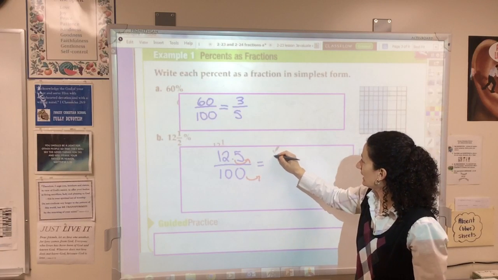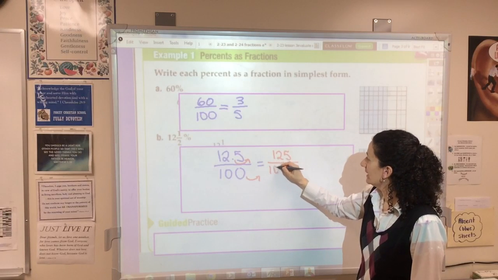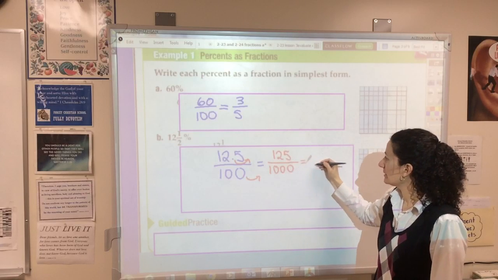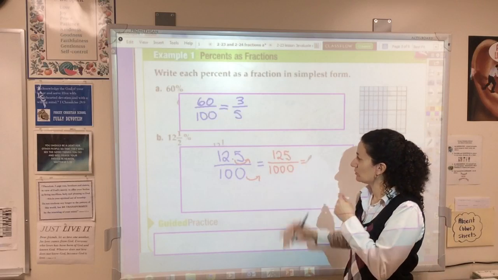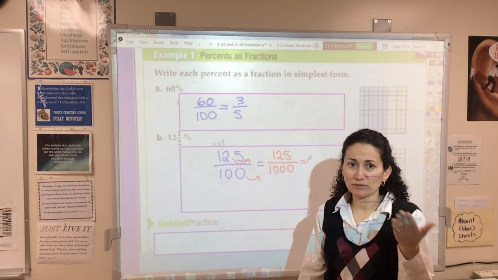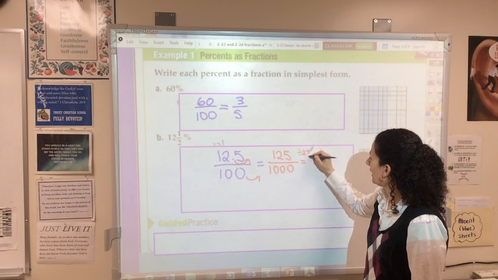So, that means we now have 125 over 1,000. Now, I'm going to try to think of the biggest number I can that goes into 125 and 1,000. And one of the numbers I'm thinking of right now is 25. If I divide them by 25,